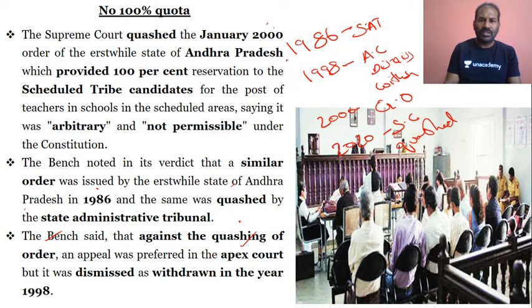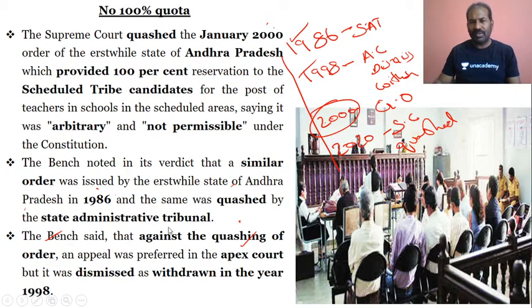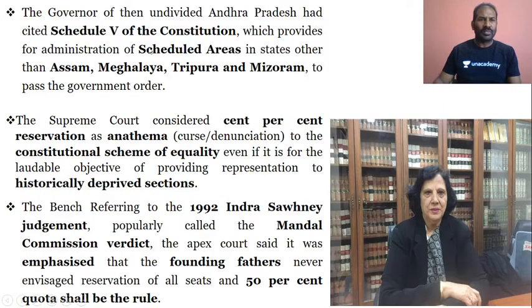So this is the chronology. For the benefit of you, I am explaining it. It is not just looking at 2000, but also looking at 1986, 1999, again 2000, and what has happened in 2020. This is a chronology. It is good for all of you to understand, because it could be asked even in the prelims. So we will look at it a little bit. So 1999, right?